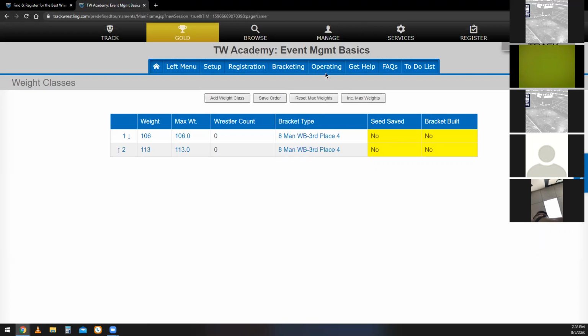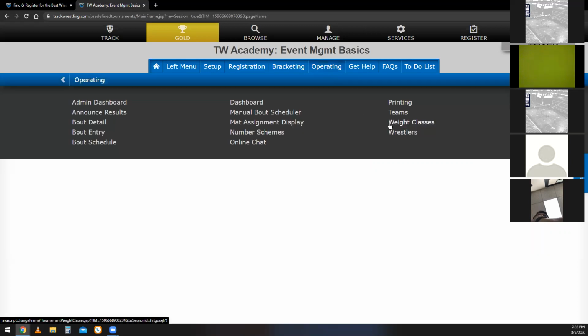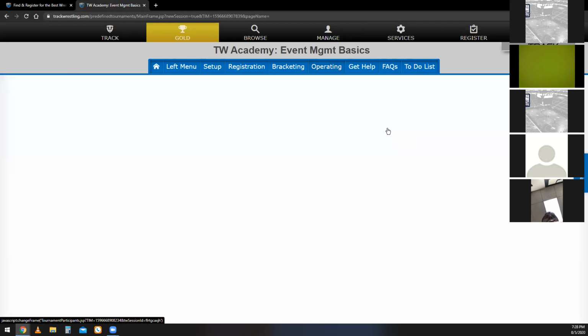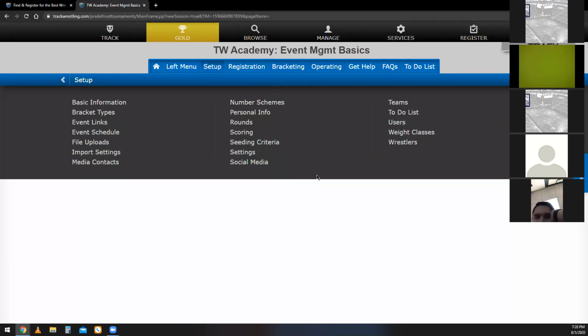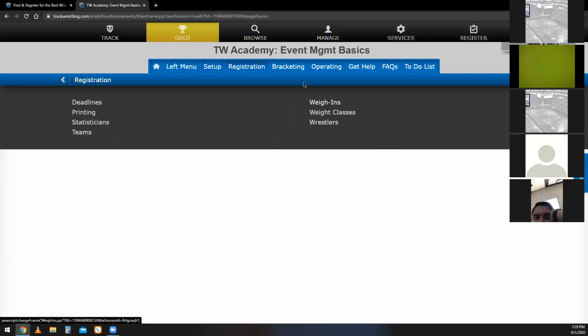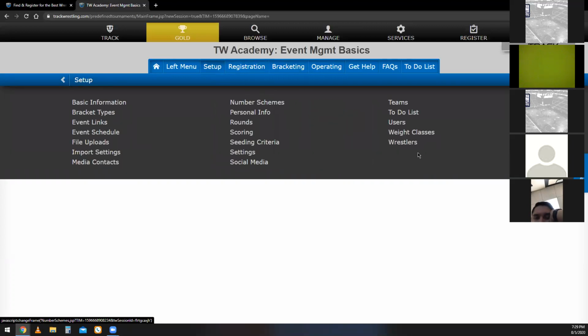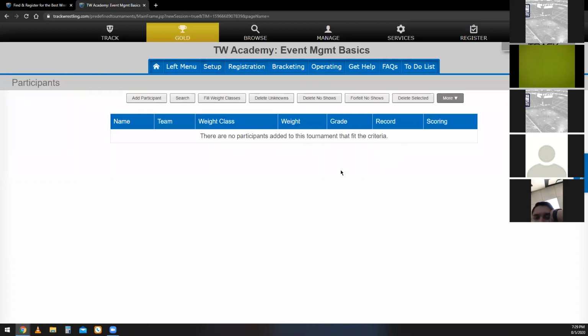So what filling the weight classes does is it allows one spot per team per weight class. This is going to be on the wrestlers page. And again, there are lots of different places. I just went to the operating tab. I told you guys at the beginning I was going to jump all over, just because it's where my brain goes. You can also do it in setup. There's also the wrestlers tab and registration. It lives almost everywhere. So just know any of those tabs, wrestlers or participants, is going to get you to